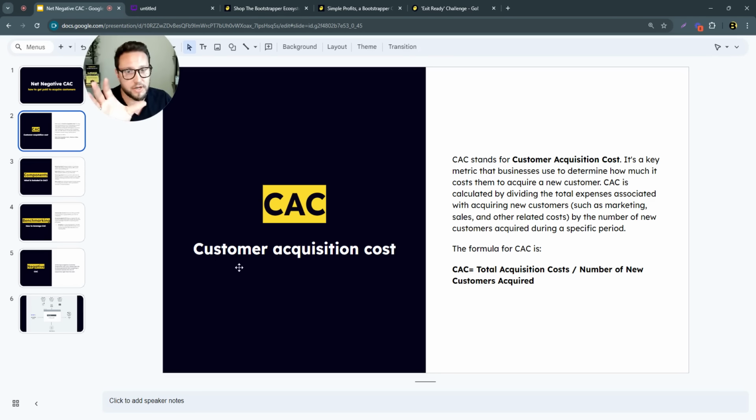So regardless of whether or not you have a negative acquisition engine running, or if you're just running a more traditional model, which is perfectly okay, everything starts somewhere. As long as you're going, right? That's what matters. Just get started, right? But you should always know your CAC. This is a very important number. You should know your CAC. You should know your lifetime value. You should know your gross margins, right?